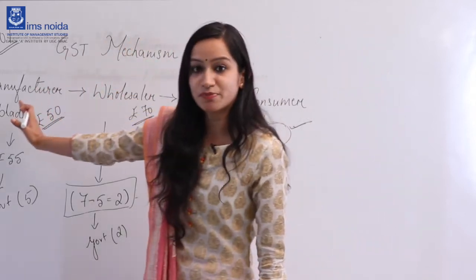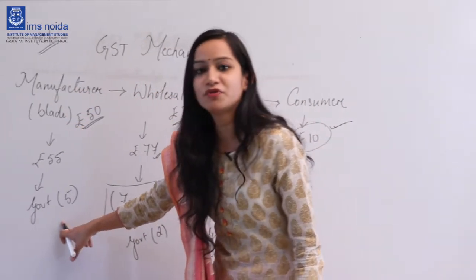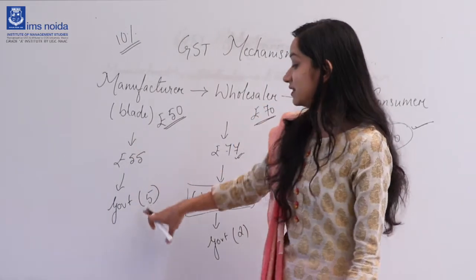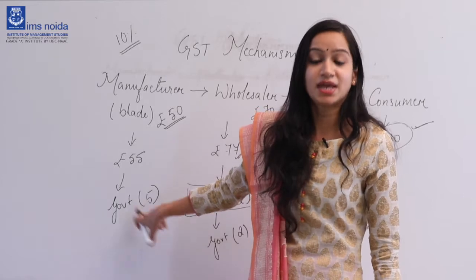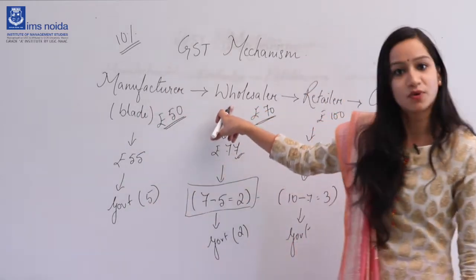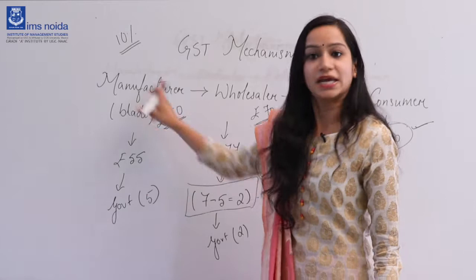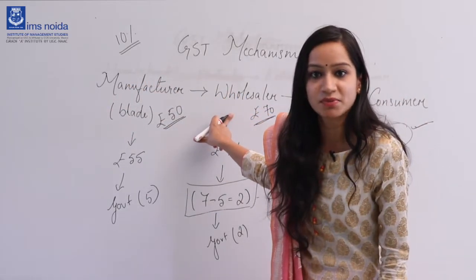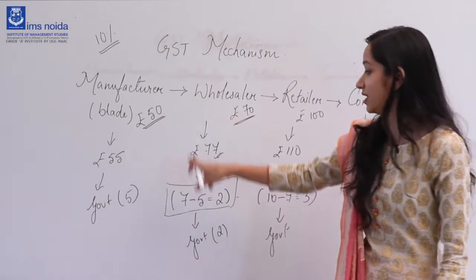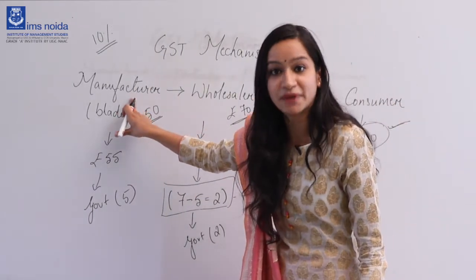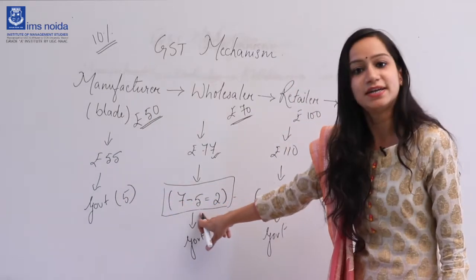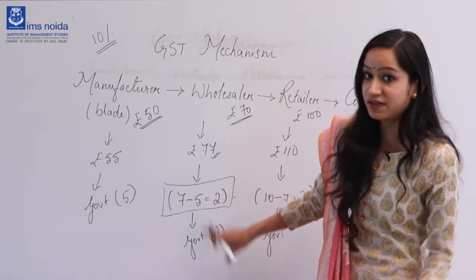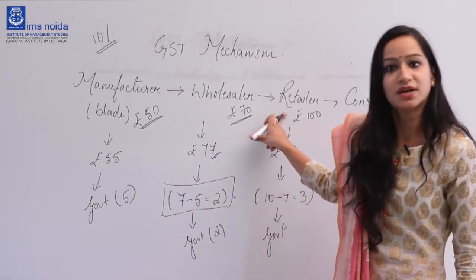Now coming to the first part, that is the manufacturer. Do you think the manufacturer is paying any tax from his own pocket? Of course not, because the rupees 5 is paid from the pocket of the wholesaler. So he is not paying any tax. Coming to the wholesaler, do you think the wholesaler is paying any tax from his pocket? Of course not, because the amount of tax which he has paid to the manufacturer, he has already deducted and taken back, and the remaining amount which he has given to the government, he has got from the retailer.